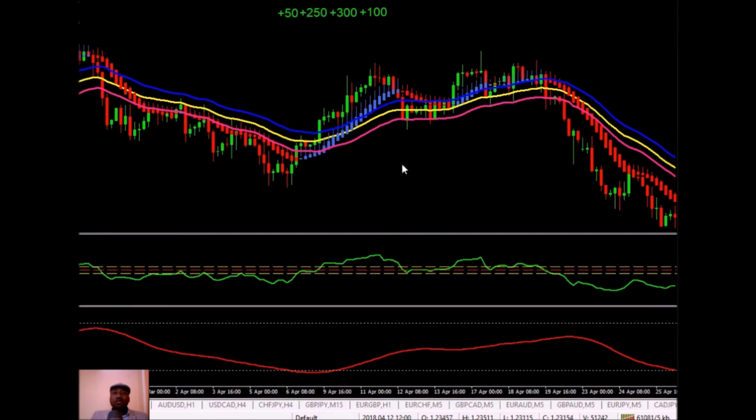Here we have a signal because the green line indicator is above the yellow, and then at this point here we have the red line indicator below the horizontal line at the lower band, and then price was below, and then now price closed above. So from this point we want to consider entering the trade, and at this point, and then stop loss 50